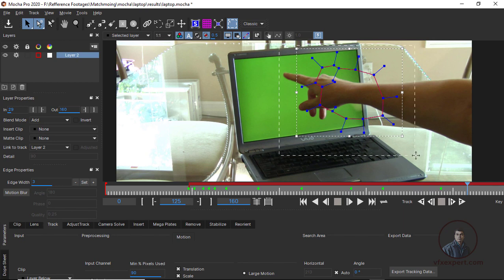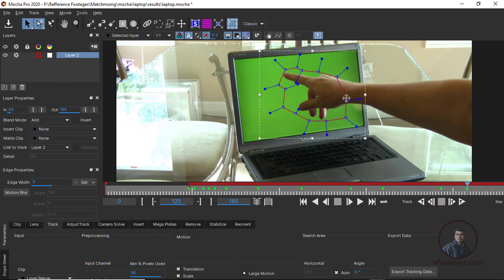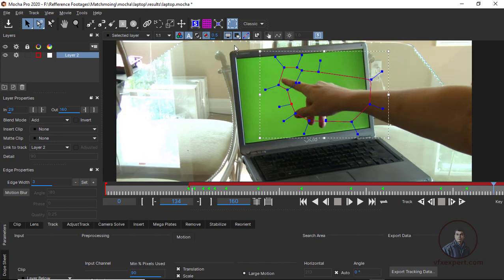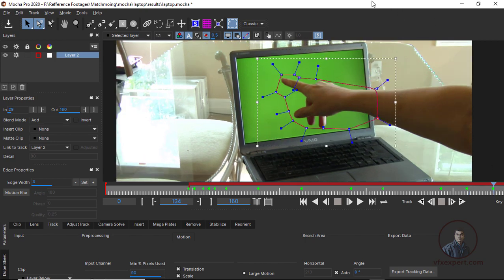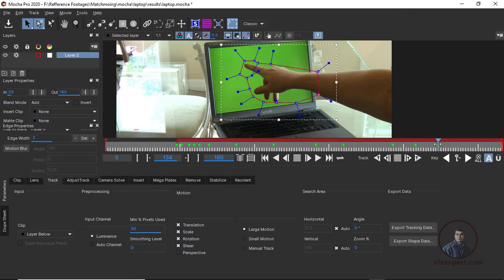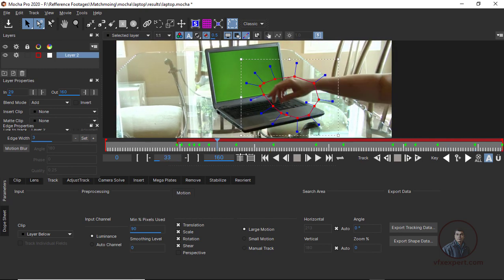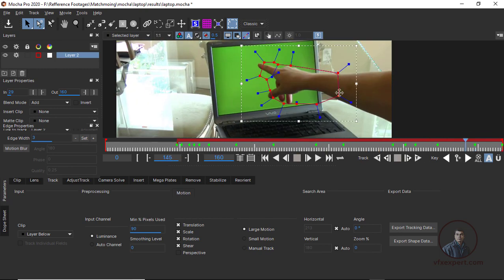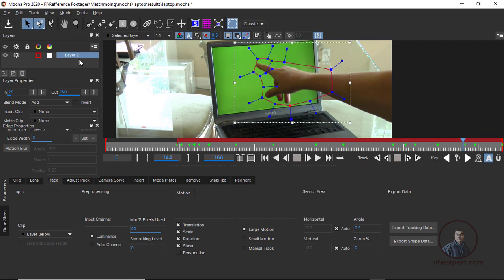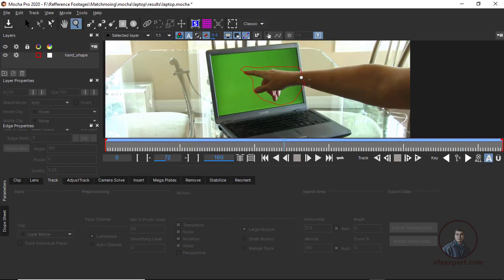After this also you have to animate. Just adjust your shape according to your hand motion, because this area we have to subtract from this plane. That's why I am going to create a mask for this. Now double click on your software title bar. I think this is sufficient for us because this is a garbage mask only. Now just give a proper name, press Z and zoom in a little bit.